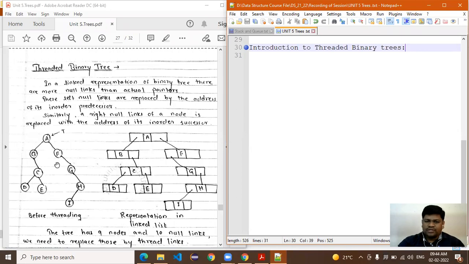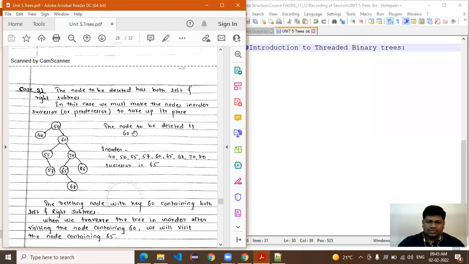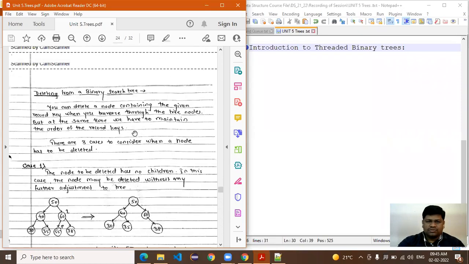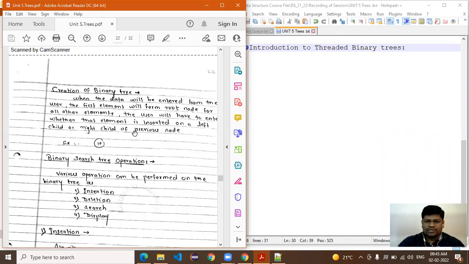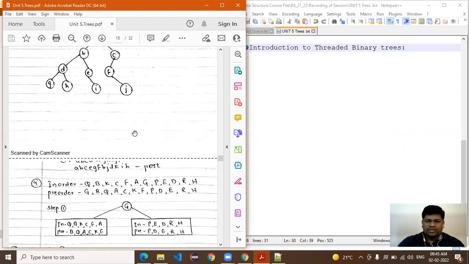Now, before proceeding to the threaded binary tree, just to revise the concept of a binary tree, how the binary tree is represented by using the linked list. Already we have discussed one structure or example of how to represent the binary tree using the linked list.